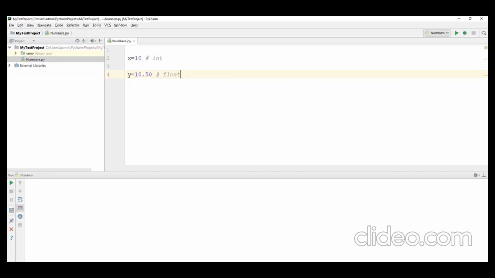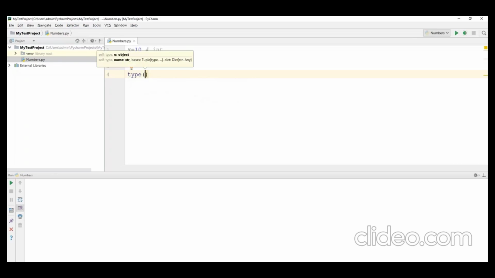How will we find out the type of these variables? We have a simple method in Python called the type method. By using this method, we can find out what category a value comes under. Let me show you.